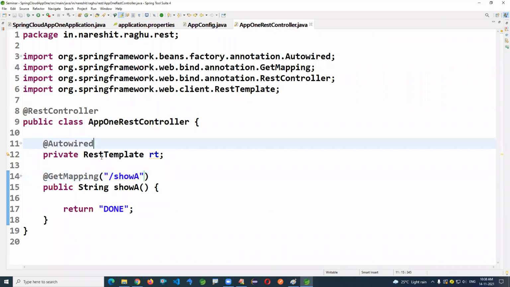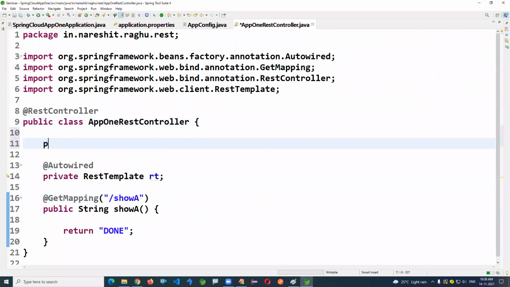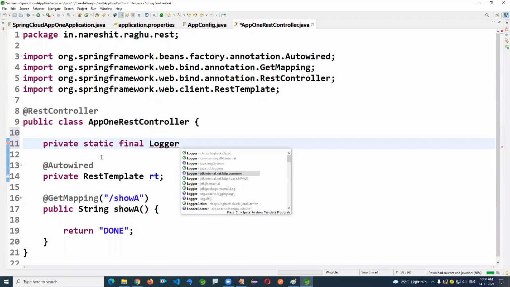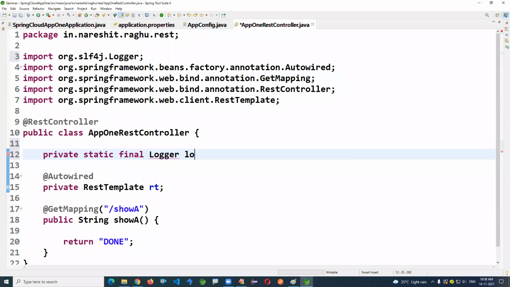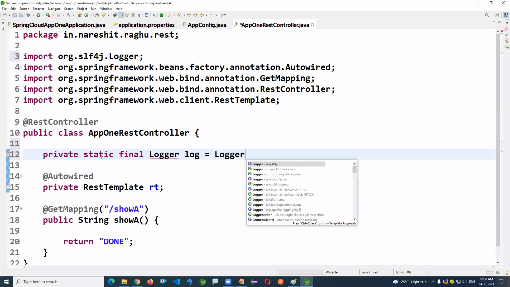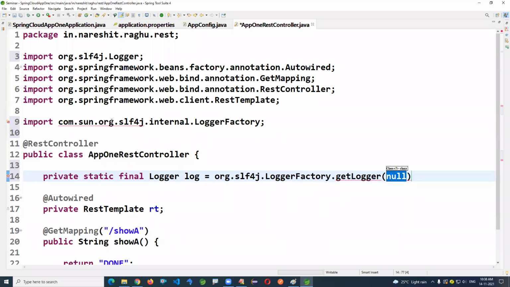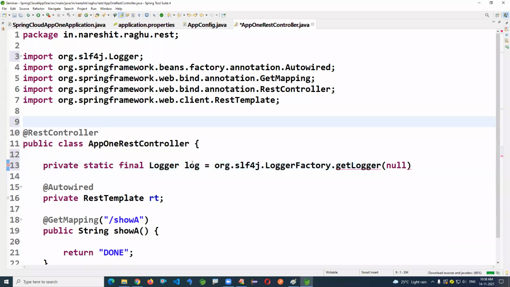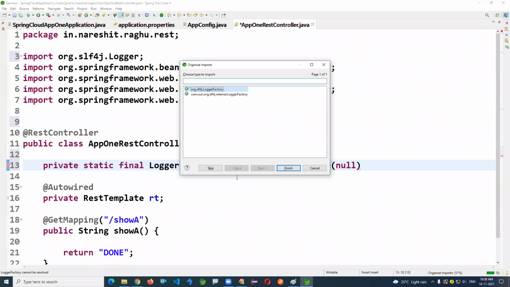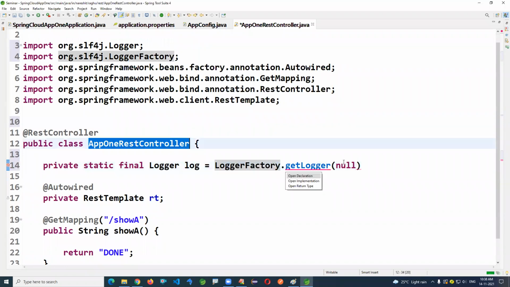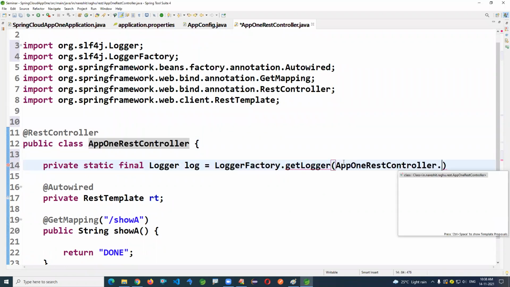If you want to create a logger object here, you can create it: private static final Logger log equals LoggerFactory.getLogger, and you can pass this class name dot class.